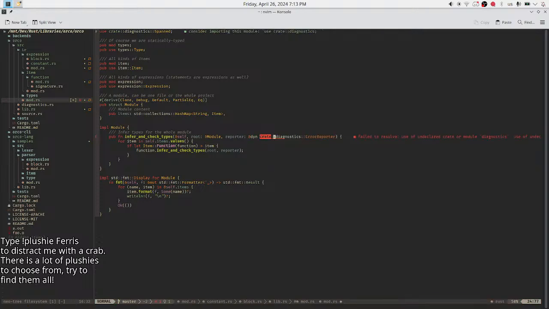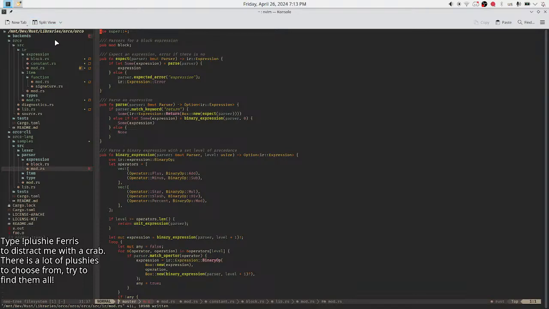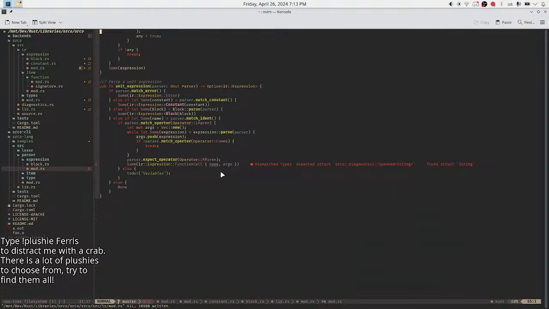Create. Yeah, and now, well, in backends, why? I mean, yeah, names. That's because of name. Match ident. Parser span.